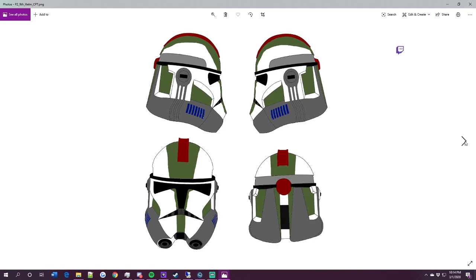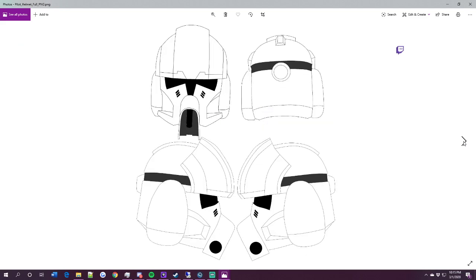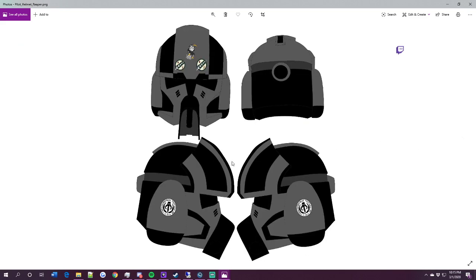Same thing with the captain, the lieutenant, the NCO. NCO is actually just a phase 2 trooper, but with the gray filters base. So, phase 2 lieutenant's armor. Here's a pilot template. This is our pilot's